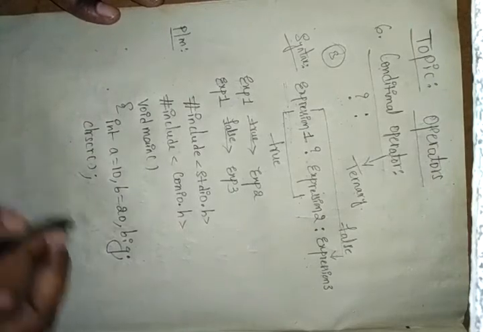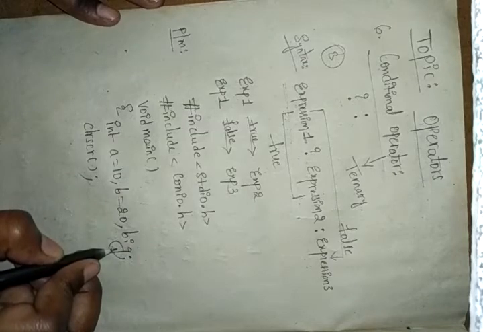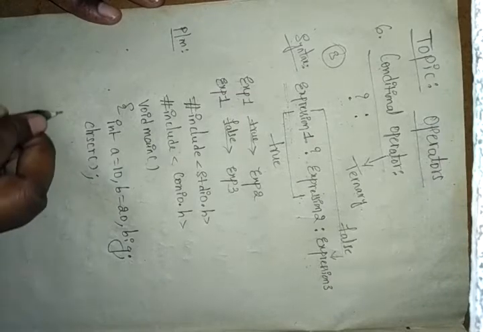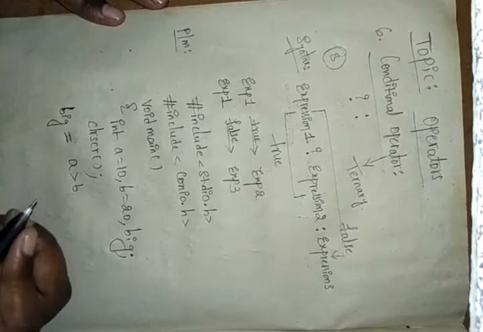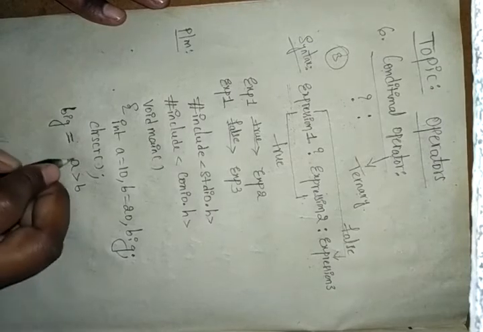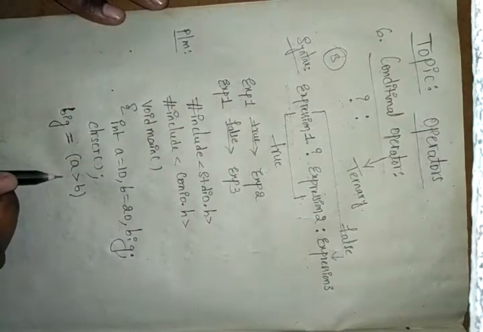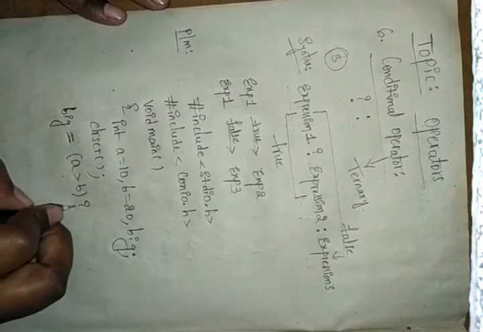And next, we wrote big here, right? So for big you have to write one statement, because we need to know which one is the big value. Big equal to a greater than b. Here I am taking one condition, or one expression, a greater than b. So this is expression 1. Here a greater than b is expression 1. And I am giving a question mark.